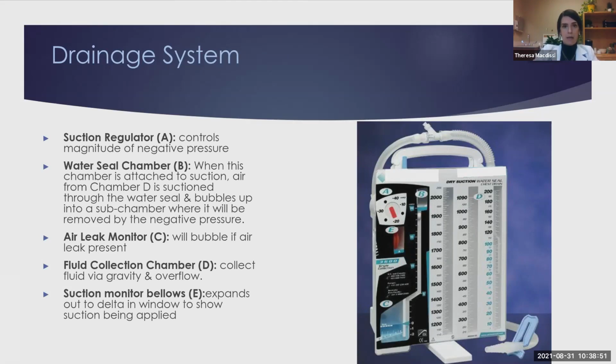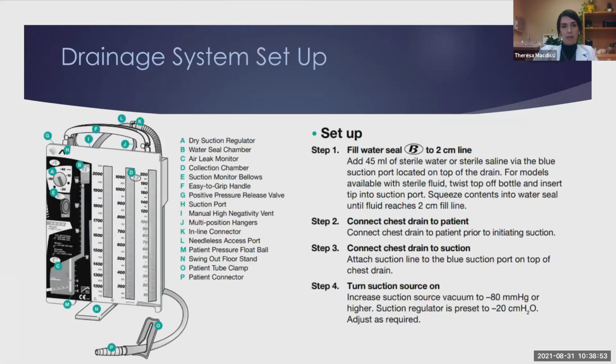Drainage system setup. So this is a nice little cheat sheet. It's actually a reference card in the back of the Oasis drainage system when you're going to set it up. So you've got a cheat sheet with you when you go to set up a patient with a chest tube. It's a nice little reference to refer to if needed. But our video is going to get into this a little bit more, but for the most part on this slide,